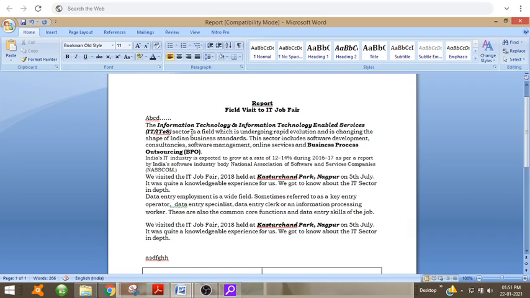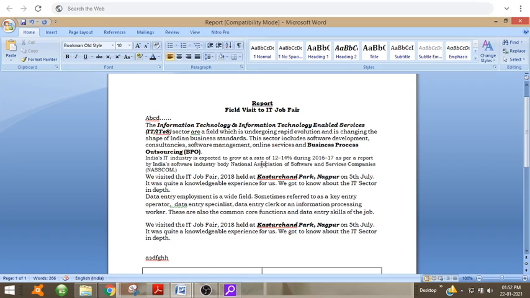If I write here "sector is a field", so for that if I write "sector R a field which is undergoing", you can see there is a grammar mistake. If it were "sectors are" it was okay, but "sector R" has a green line appearing. This green line indicates a grammar mistake and a red line indicates a spelling mistake.